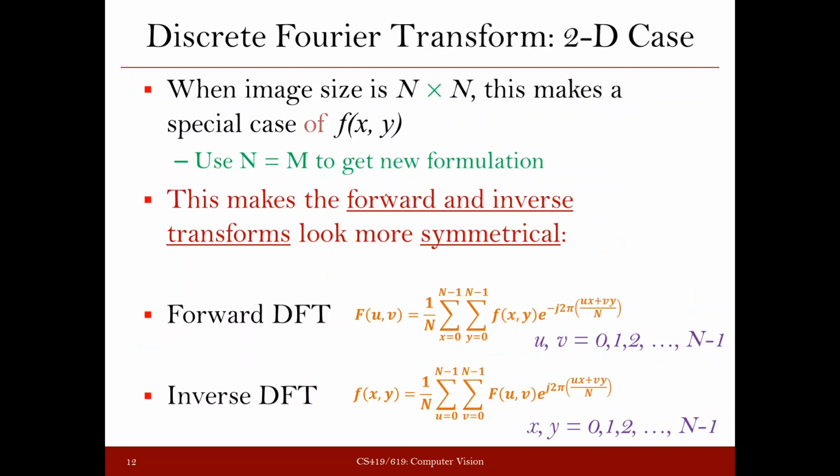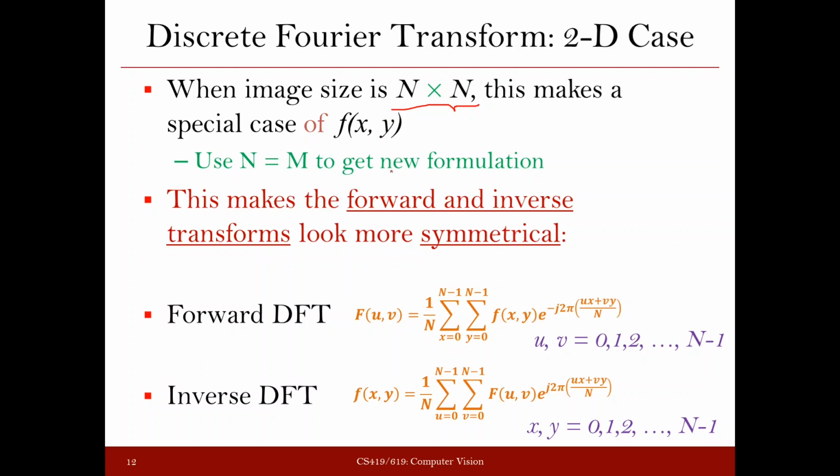Now, let's say our image becomes square, a case where n and m are the same. Like the number of rows and number of columns are the same. So we can assume that, in general, if you are talking about the function, then we had a function of size n cross m earlier. Now we have a function of size n cross n, because n and m are the same.